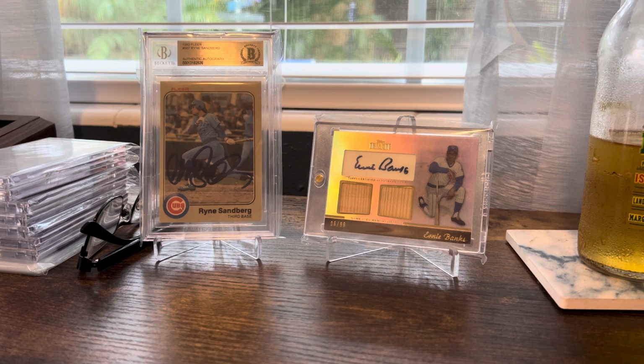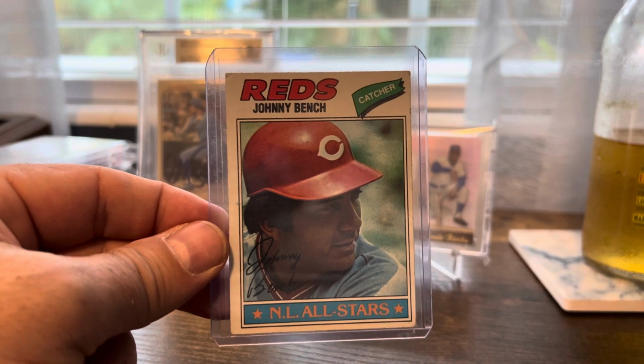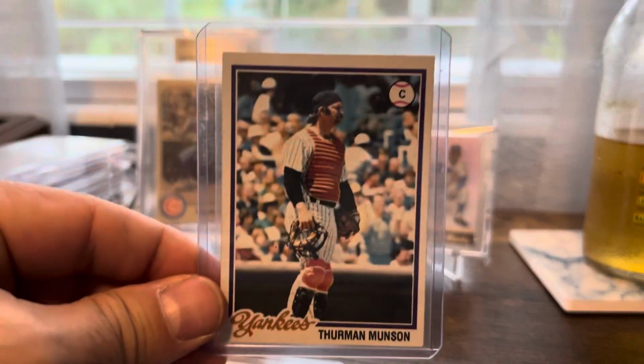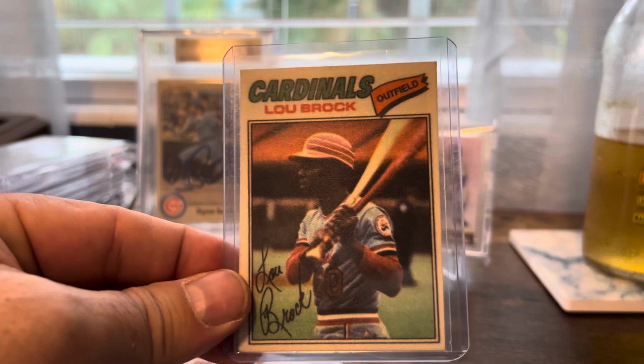Now I got some '70s Hall of Famers, non-Cubs. This '77 Topps Johnny Bench, picked that up on Facebook. That was a complete impulse buy, along with the Thurman Munson from '78 Topps. And the '77